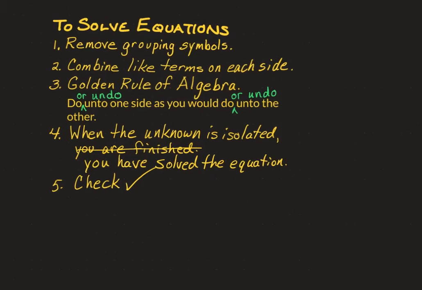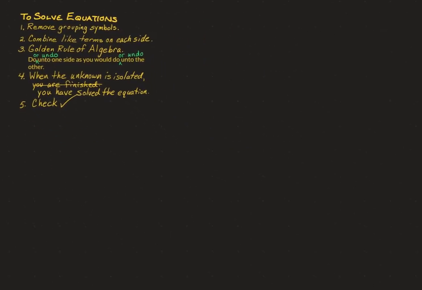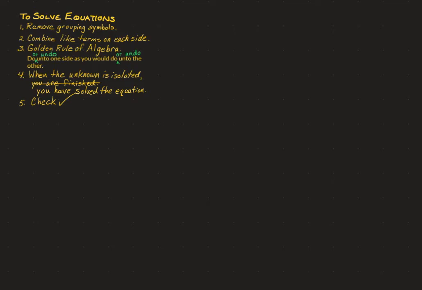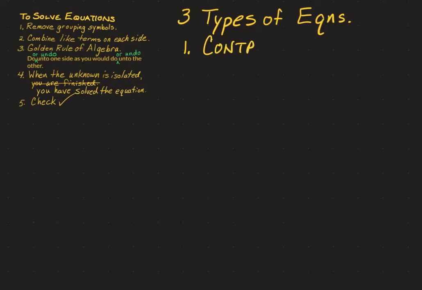Let me minimize this even more for now and just push it out of the way a bit. Okay, because I want to talk now about 3 types of equations. Okay, EQNS period, equations. Got that? Okay, the first type is a contradiction. It's going to say something that's not, or try to say something that's not true. For example,